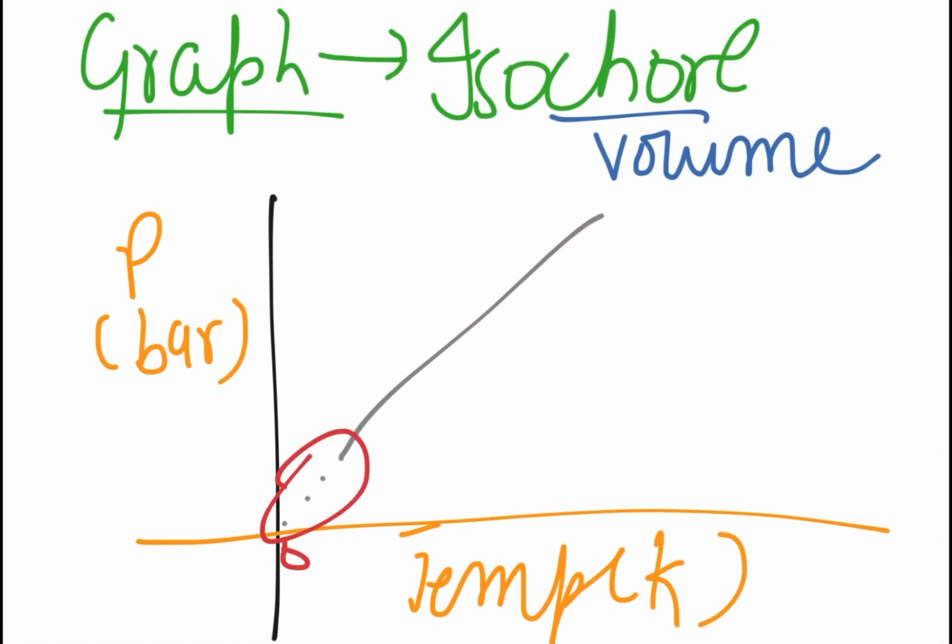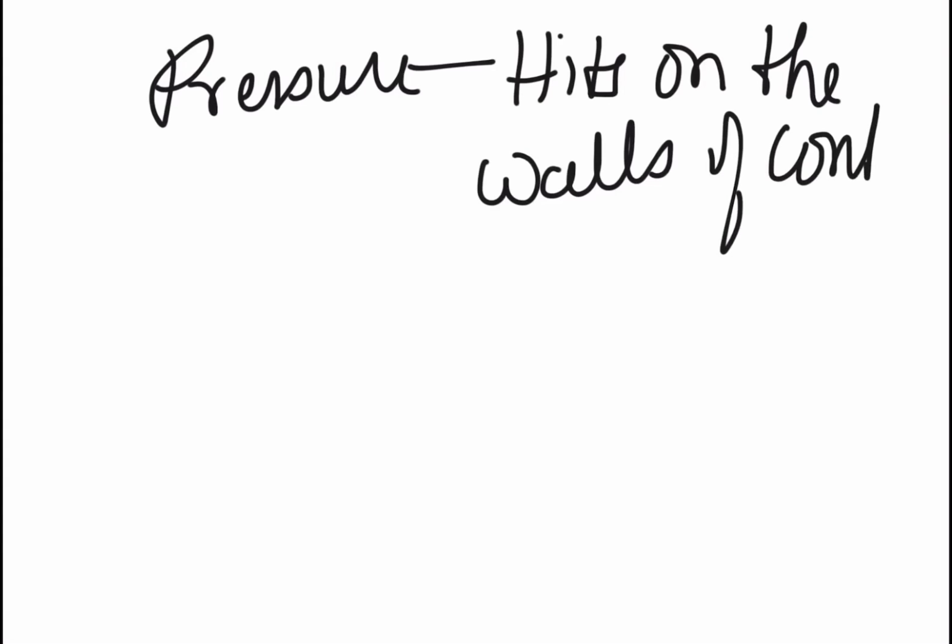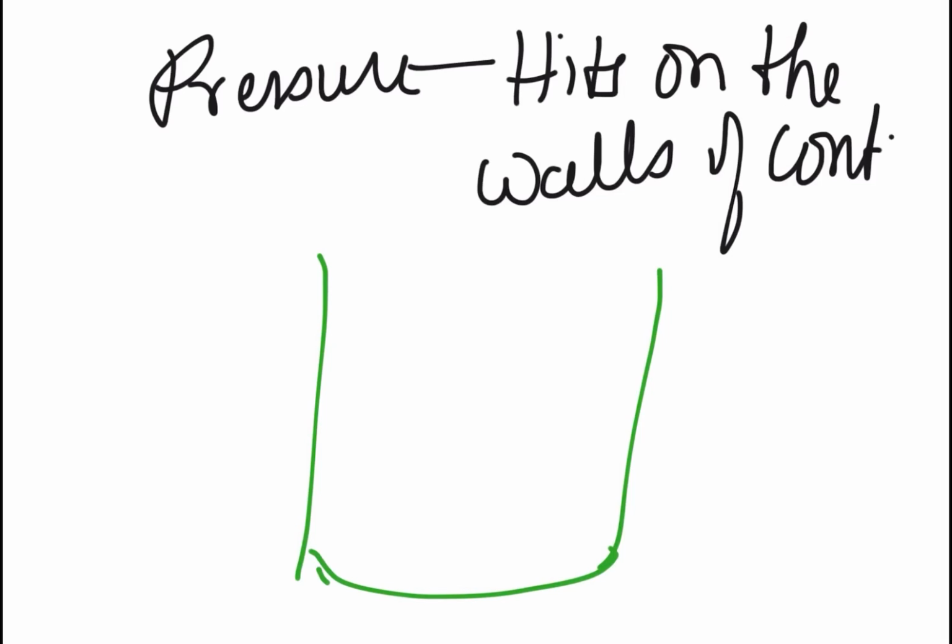The basic reason for this is, as I increase the temperature, the pressure of a gas is actually measured by the hits on the walls of the container. Okay, this you should already know from understanding the pressure of a gas. It is measured by hits on the walls of a container. So suppose I have a container here, a beaker, which has gas molecules in it, and the temperature is, say, 0 degrees. Then the gas molecules are moving very slowly because the temperature is quite low.